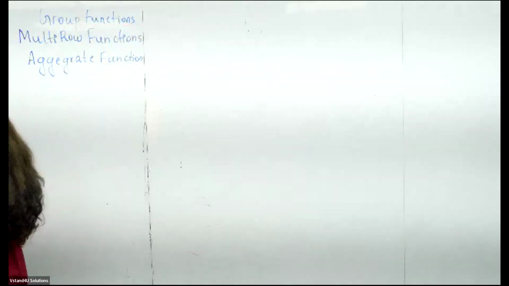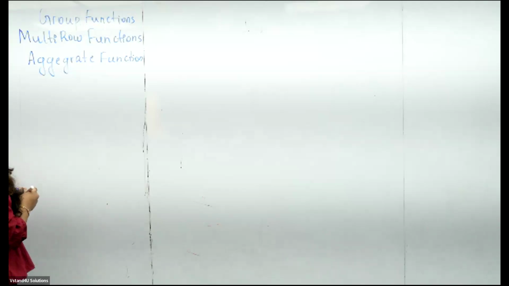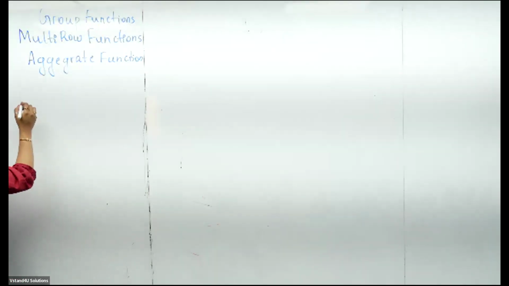Okay, clear? Can you tell me what the different types of aggregate functions are? You people have not written that. Okay, the different types of group functions or multi-row functions or aggregate functions are